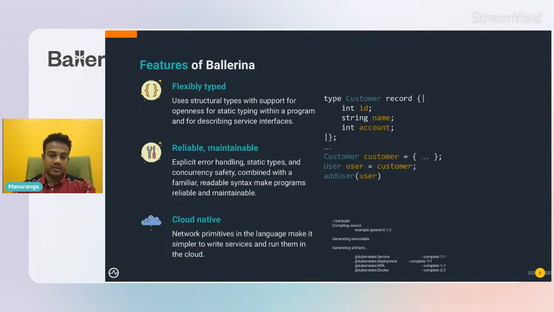So the Ballerina programming language does have a concept of objects. We have classes where you can put data with methods, but it's certainly not a language where you want to create huge hierarchies of things explicitly, right? All of that gets created for you in an implicit way when you define the data. So all you have to do is clearly define what you consume, what your data types are, and everything falls